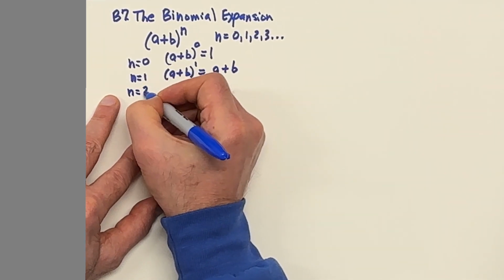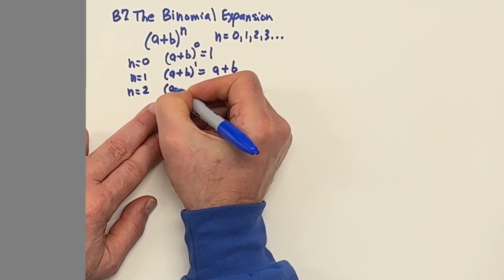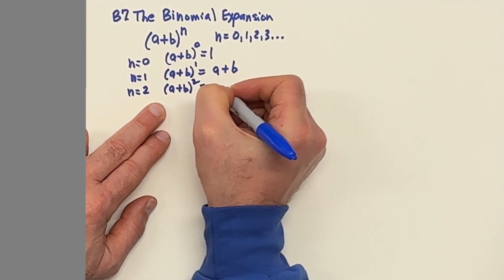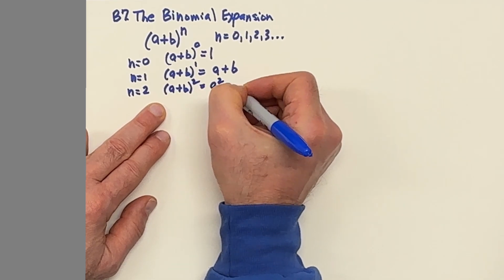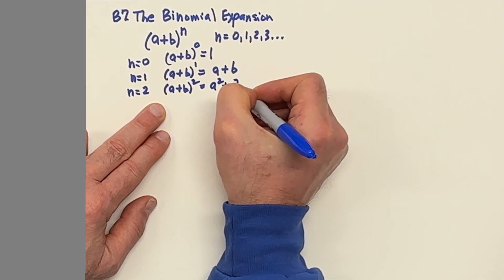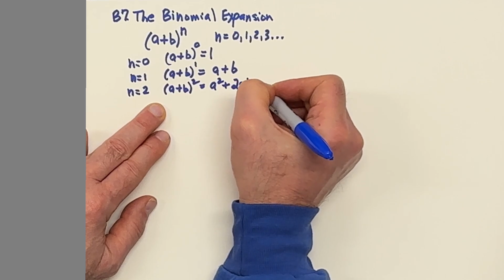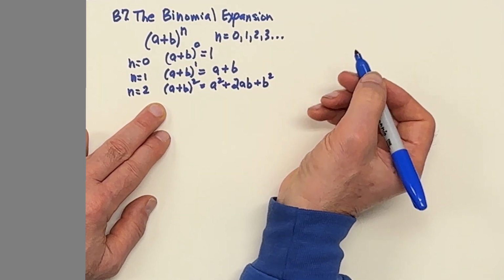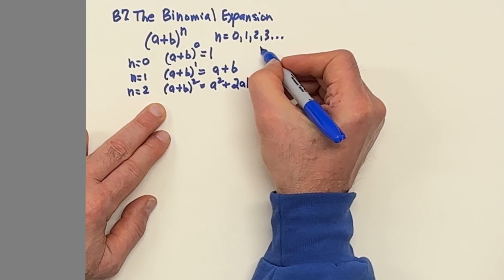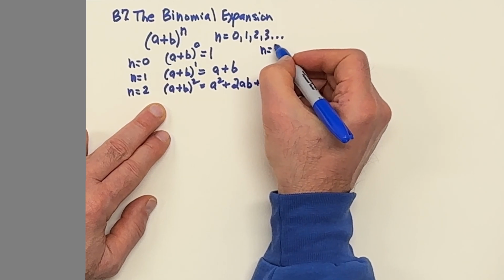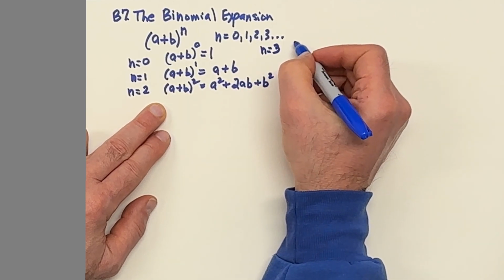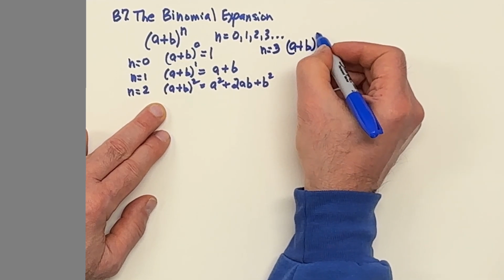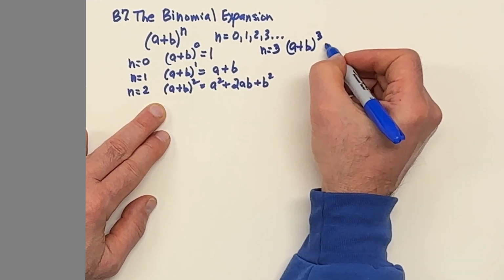For n equal 2, we would have a plus b, that quantity squared, and that would be a squared plus 2ab plus b squared. Now, if we want it cubed, n is 3, a plus b cubed